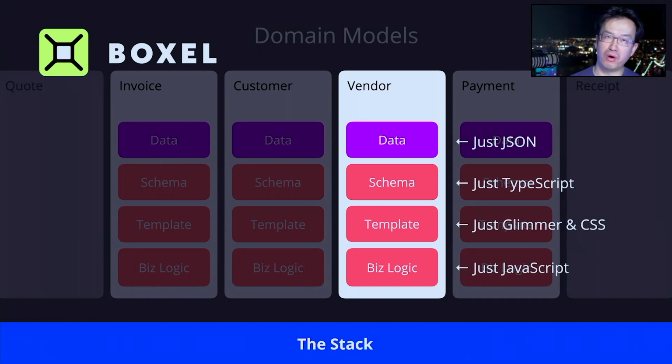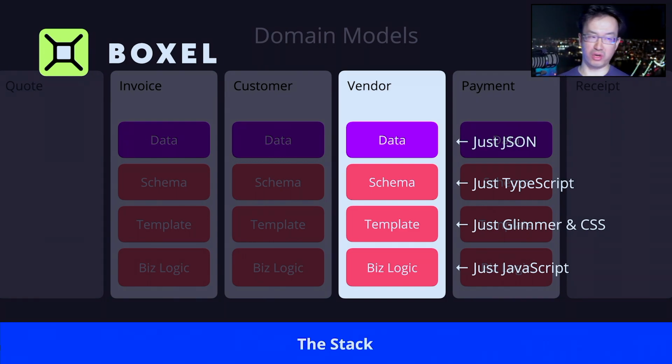And we talked in the previous talk about how these things are basically just documents. The data is just JSON, a type of encoding for structure. The schema uses something called TypeScript, a variant of JavaScript that a lot of developers know, which allows you to create well-structured reusable types as a way to compose your application as a programmer. For the template, we use the web platform. Boxel is based on the web, so it uses Glimmer, which generates HTML and CSS, and you can style it.